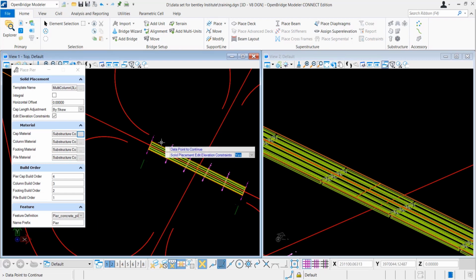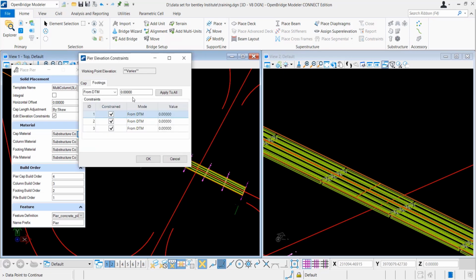And then once you select it, you select by left click the data point by support lines, and you will get an edit constraint table, that is for placing your elevation constraint. Through this table, actually, you can put the elevations by your DTM, that is your terrain model.